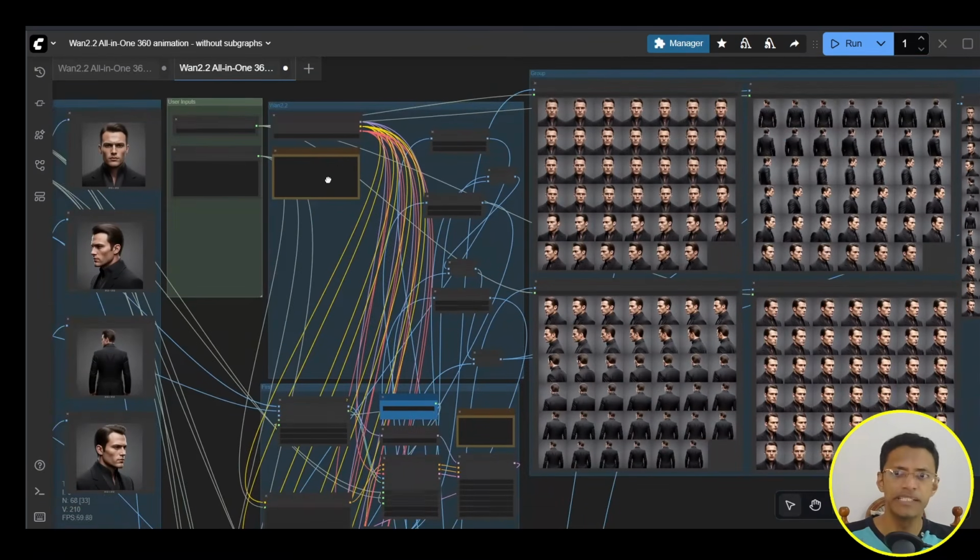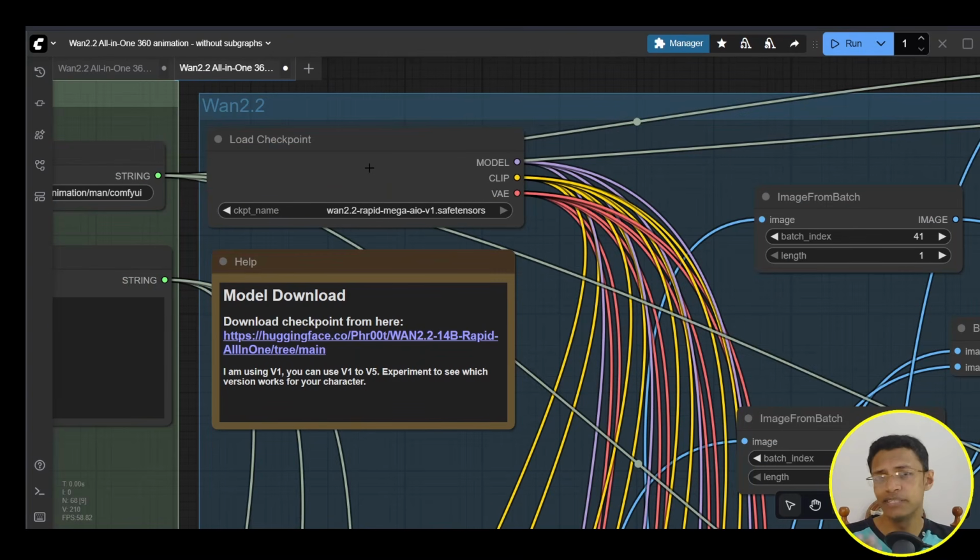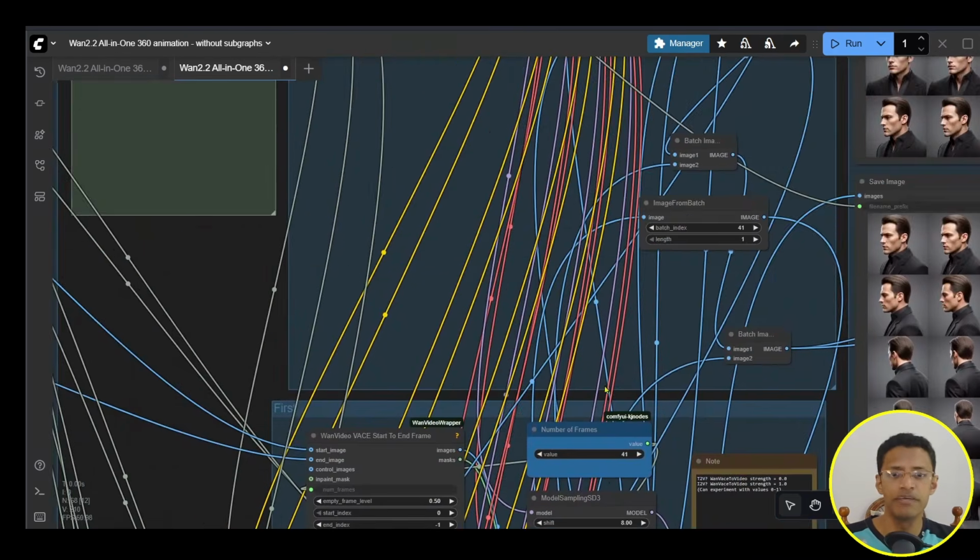Now, next section is where the entire processing is happening. The top part is the load checkpoint, where we have the Wan2.2 rapid mega all-in-one model. Like I mentioned, you can use version 1 all the way to version 5. At the time of recording, we have only 5 versions. If you would go